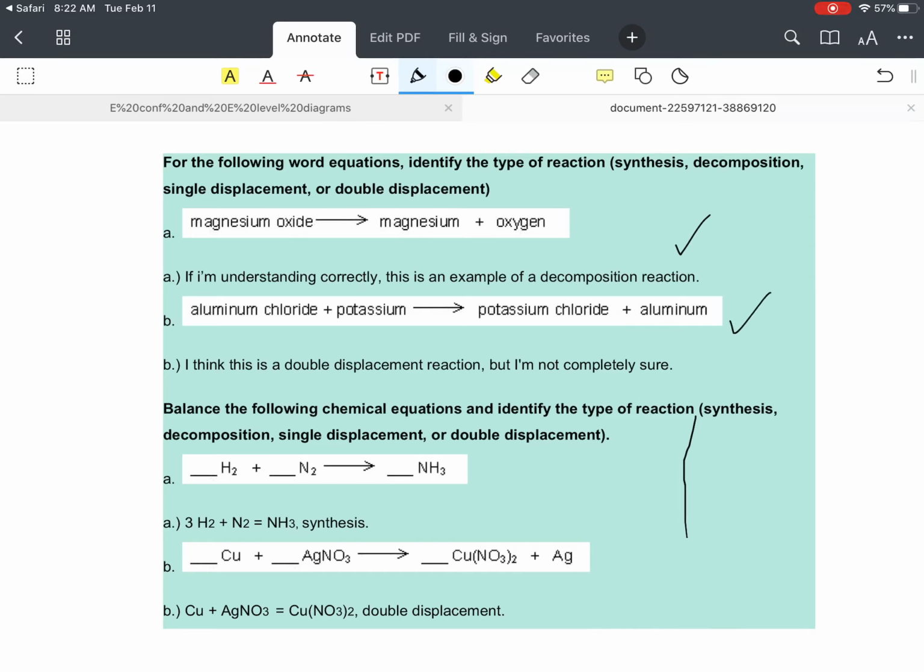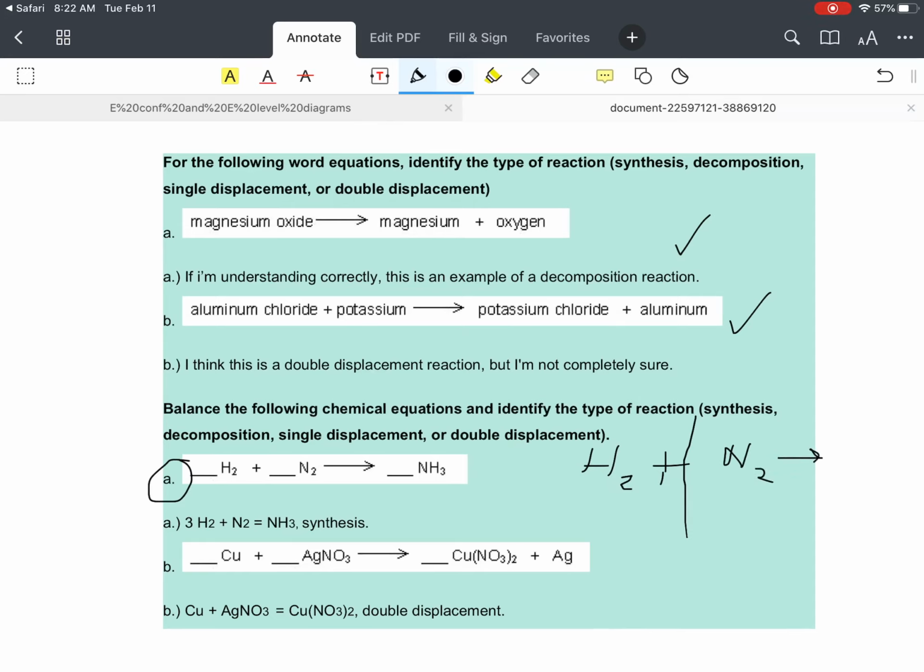When it comes to balancing, for example, the first problem for the second question, what I suggest you do is right side, left side balancing. I'm sorry, my stylus just died on me, so I'm using my finger, but I'll try to be as